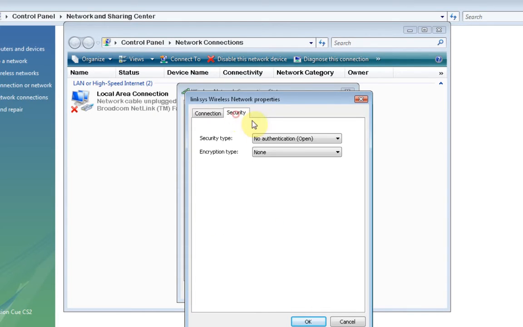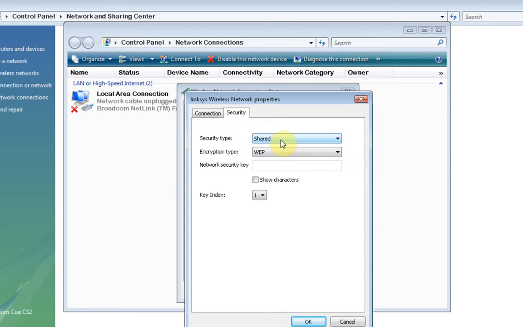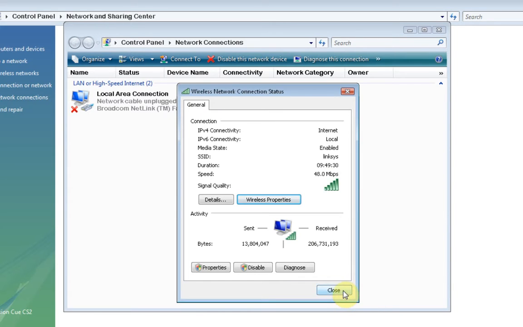And then you can come up here to security, and this is where you can add your security and your password for your network. So my security type is shared. Encryption, I only have one option there, and I can set up a security code for the network. So if we cancel that out,